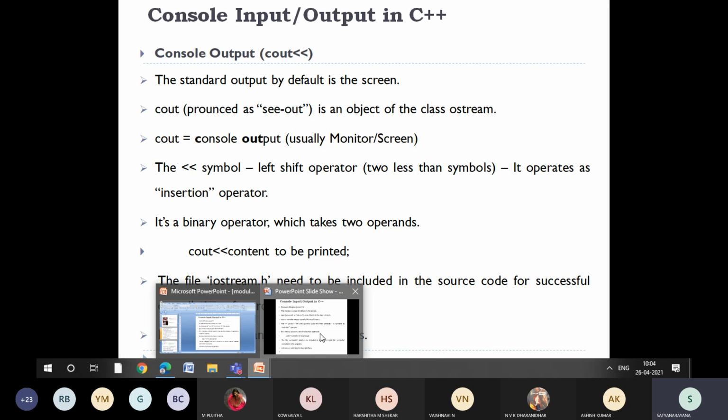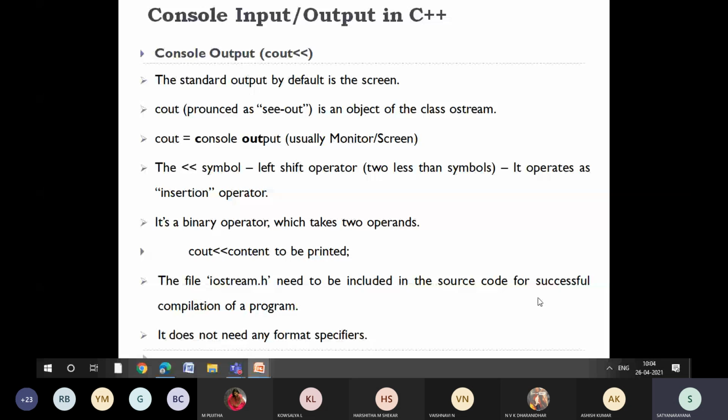Yeah. So this is a standard way of getting output on the screen. Previously we didn't have any GUI when we introduced C++. We used to work with console input output. I don't know how many of you worked with Turbo C. Turbo C is a platform where we used to work with C programming. There will be a blue screen, and when you execute your program, you get output in the black screen. So it is a standard input output, what we call console input output.